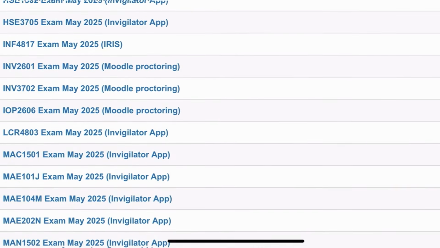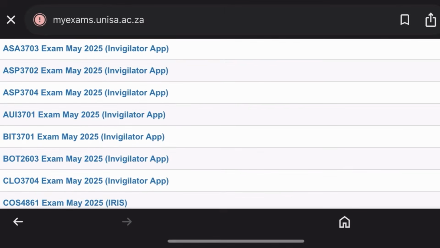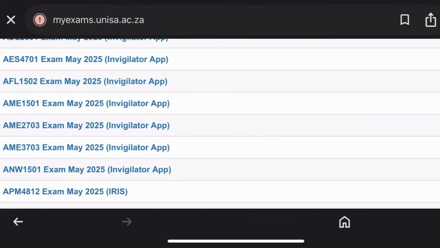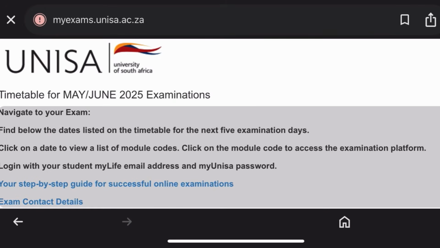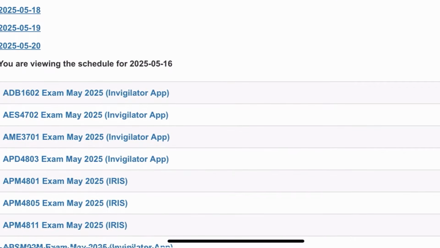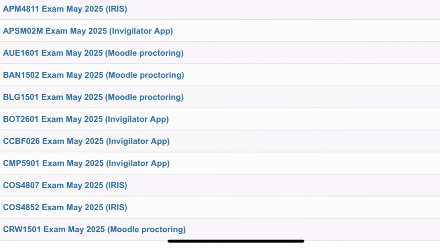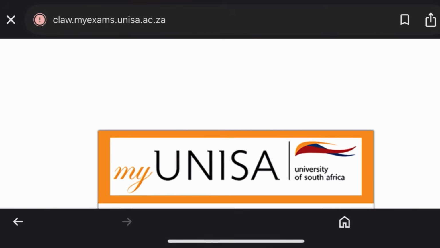For an example, if you are writing CRW, which is a subject under law, you are going to select it according to the date. And this is what you're going to do. After selecting the course, you are going to press that course. Like if it's CRW, you're going to press it, and then it's going to take you to this page, and